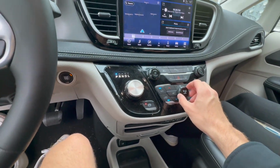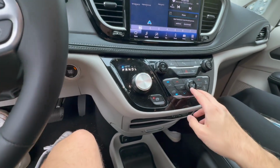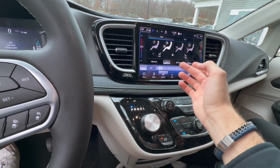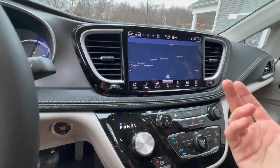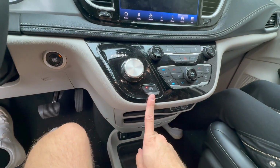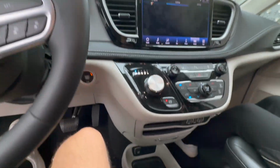Climate control, it's 3-zone, driver, passenger, and rear. You're able to control that all in the settings here, rear, front, and you can sync it all. This does have built-in navigation, which is nice, and it does have Apple CarPlay, Android Auto, electric parking brake, and yeah, that's pretty much it for